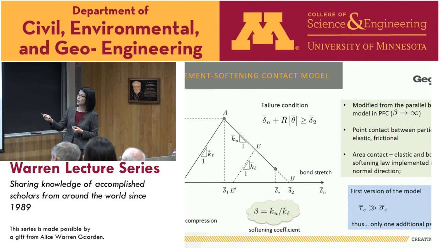The failure criterion is not based on the shear component, but the shear force will drop to 0 when the bond fails. The failure criterion here is constructed in terms of the stretch of the bond. When the bond stretch reaches a critical displacement, we say the bond has failed. In that case, we assume the bond is like a beam, so it has a stretch along the neutral axis, and there's a contribution from the moment.